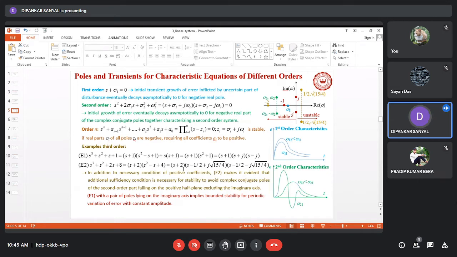So here we see these two roots corresponding to this fraction emerge on the right side of the complex plane, and as we know, if it falls on this side, it implies an unstable system. So clearly it shows that for a system whose order is more than 2, just positivity of the coefficients is not sufficient to guarantee stability. So we need to do something,